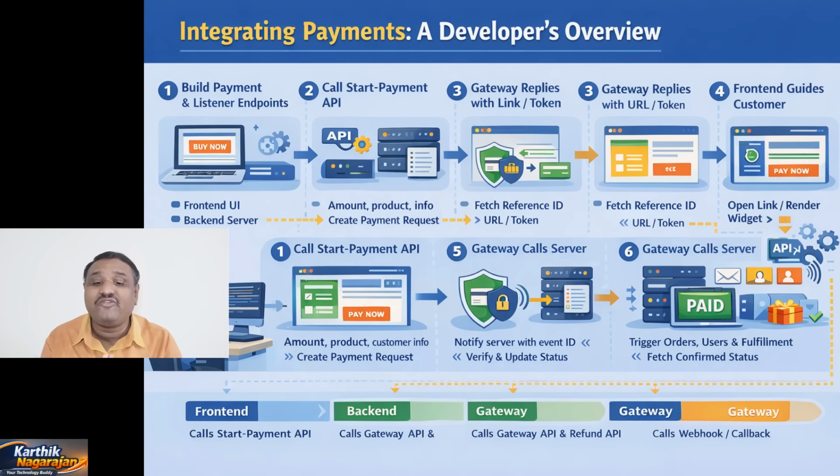Now, let us discuss the same process from a programmer's point of view. A programmer first builds three basic parts: the customer screen, where the payment is started, the server-side payment layer that talks to the gateway, and a smaller listener endpoint that receives gateway messages like webhooks or callbacks. There are only two methods in which the payment gateways integrate or interact, that is a webhook or a callback